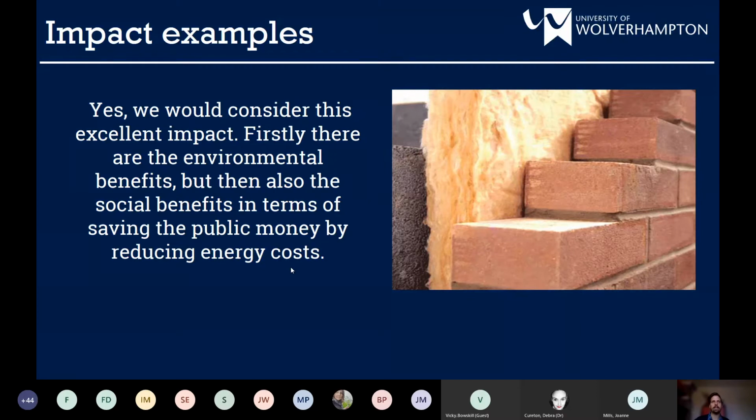There's environmental benefits, but there's social benefits because it's going to be saving people money by reducing their energy costs, and we can even tack on that the company might benefit financially as a result as well. And we can evidence it in different ways. So we could talk to people and ask, have you seen your costs go down? But also, if we know for sure from our research that having this insulation will improve the energy efficiency of your house by a certain percentage,